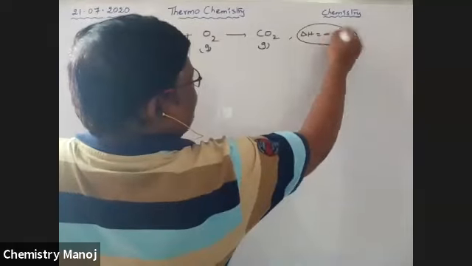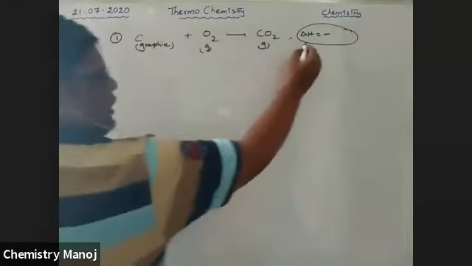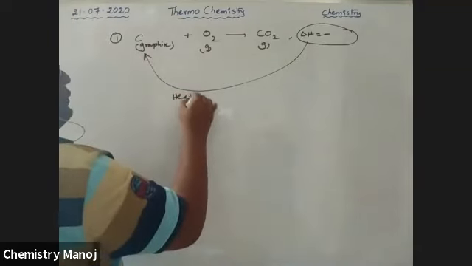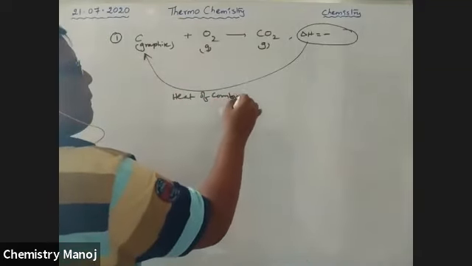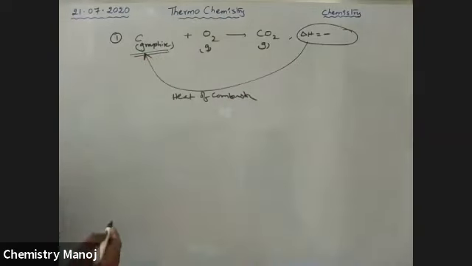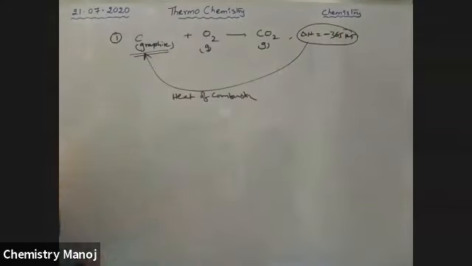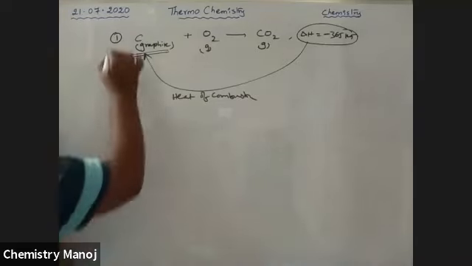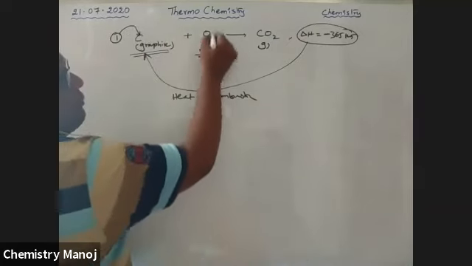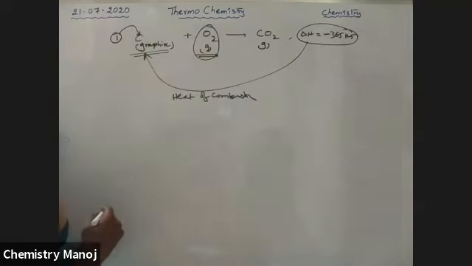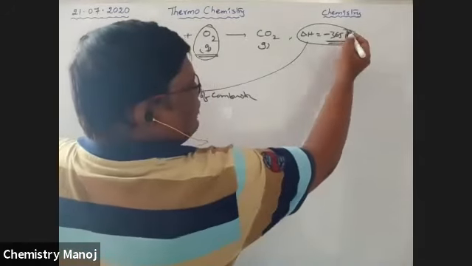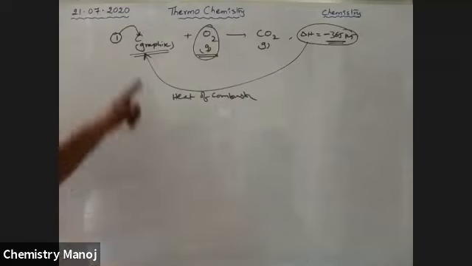This released energy, released means a minus sign. That released energy is the heat of combustion of this graphite. I think 365 kilojoules of energy may be released, roughly. Those values are rough, not exact. So 365 kilojoules is the energy released when 1 mole of carbon graphite is burned in excess oxygen. This amount of energy is called the heat of combustion of carbon.